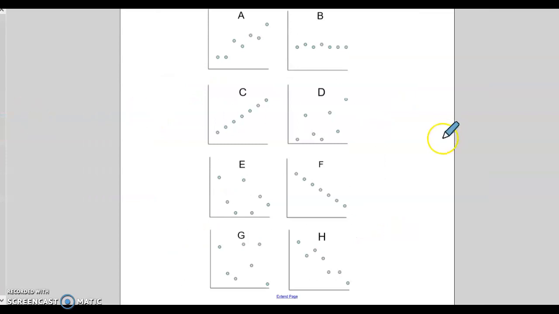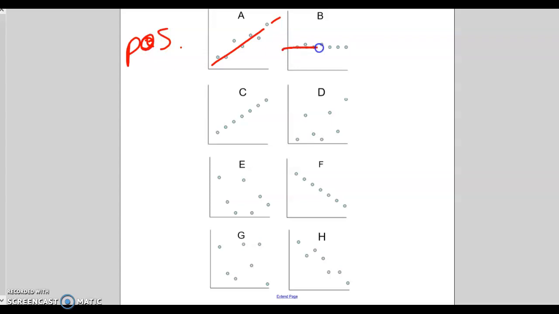Here we're looking at a scatter plot. And if you notice, the points on your scatter plot are arranged in such a way that they are going in what would be a positive sloping line. They're kind of going in an upward direction, then we call that a positive correlation. That's supposed to say positive. There we go. And in B,